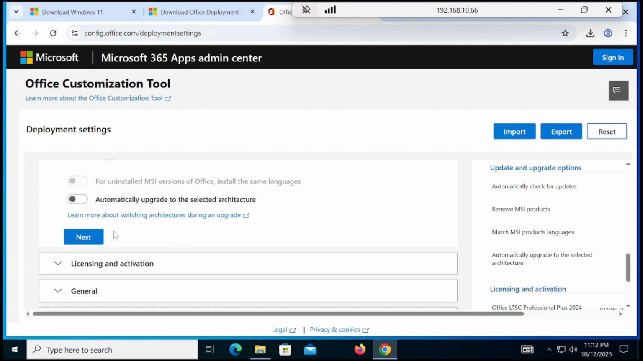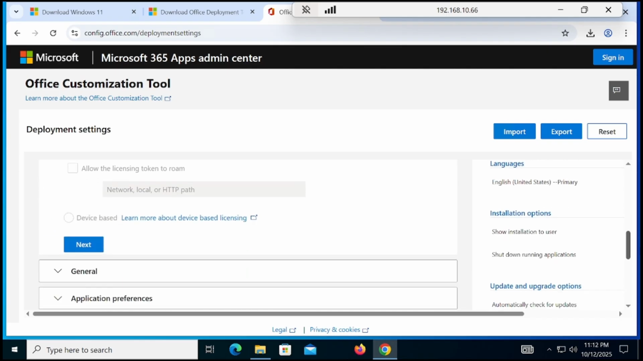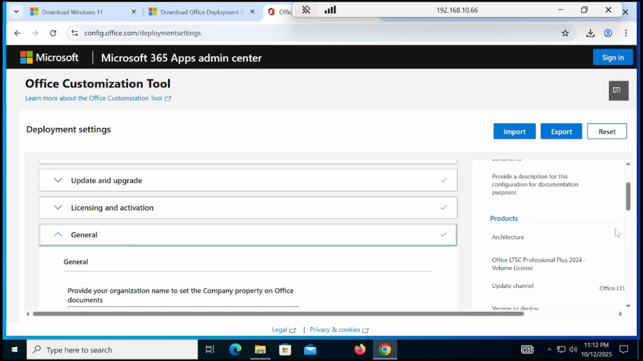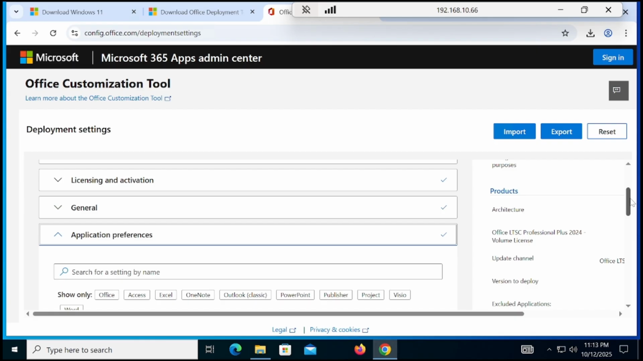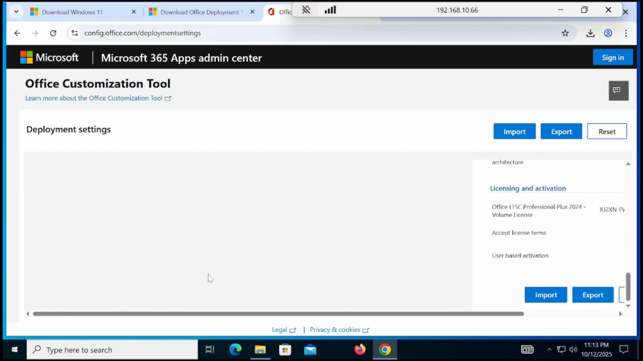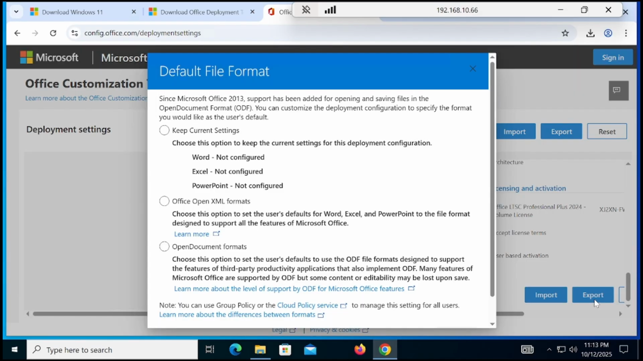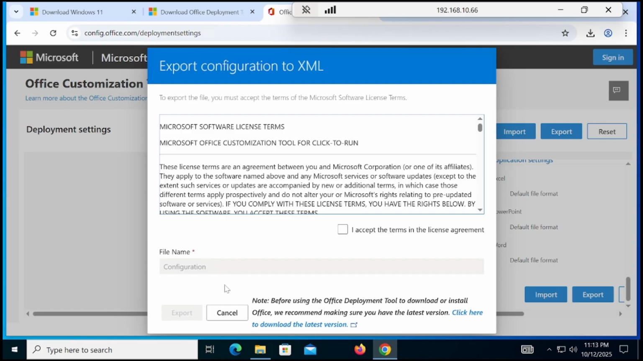and then scroll down, then apply, hit next, then hit next, and then next, and then finally finish it. Once you finish it, you have to export the file. So you have to export the XML file, Office Open XML formats. Click on that, then hit OK. Now you have